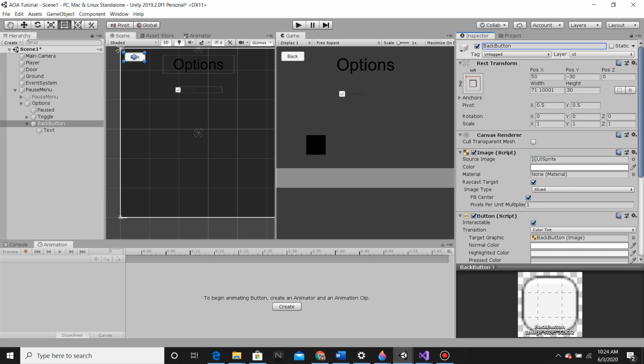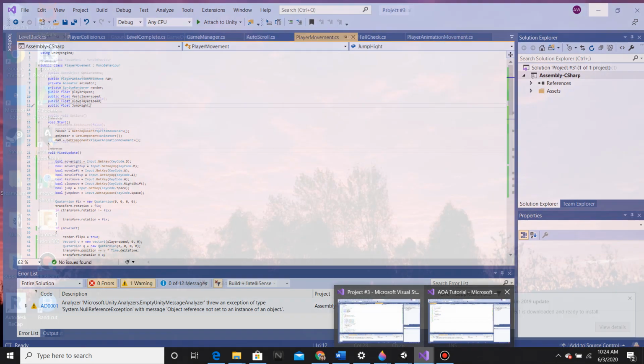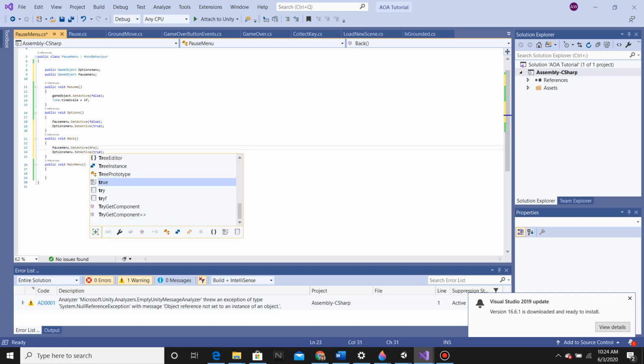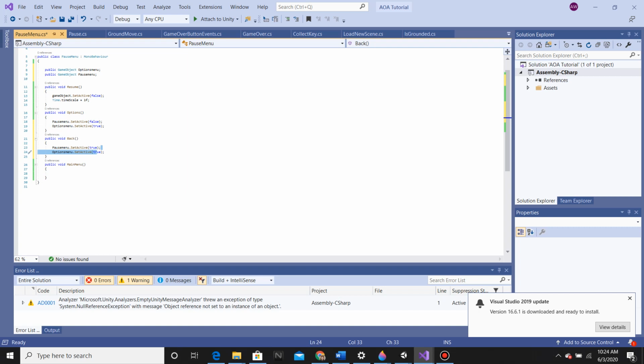So I want this button to do basically the opposite of when you go into the options menu. So I'm going to go to the script. Then I want the back to do the opposite. I'm going to copy this, paste it down here. Then I'm going to have this one be true. Then I'm going to have this one be false. So now if I save this,